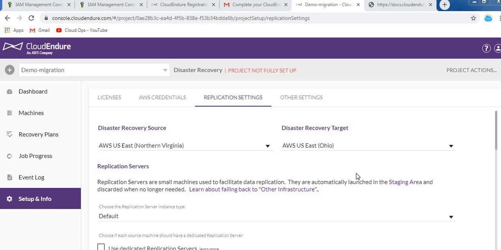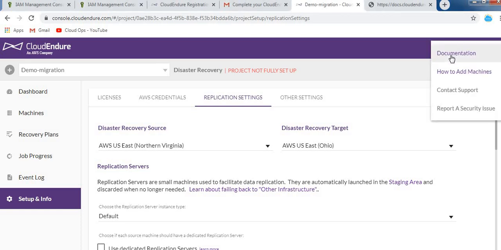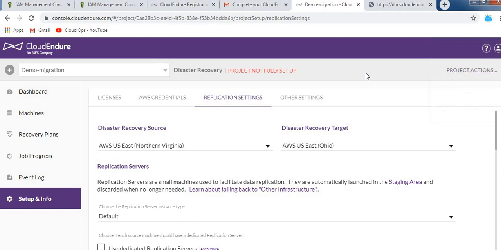For that, simply click here, go to documentation and find Cloud Endure vCenter. There is an additional step mentioned there. Just perform that on your vCenter server and install those settings, the additional data store, and perform the same.